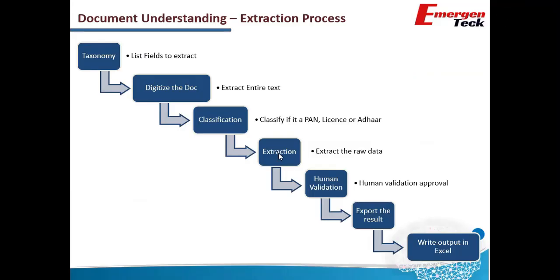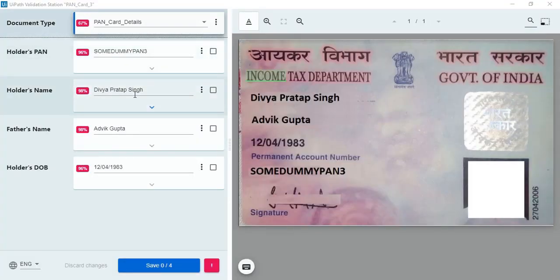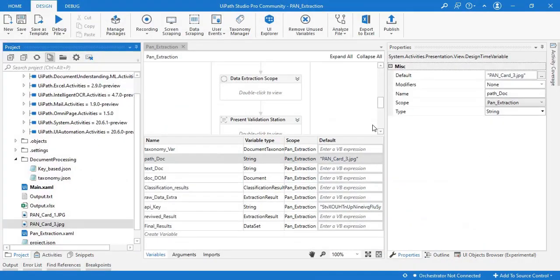Run it. And here we go. We have the correct name, father's name, date of birth, and the PAN number extracted from the new PAN card. Save it. Continue and save. Done.